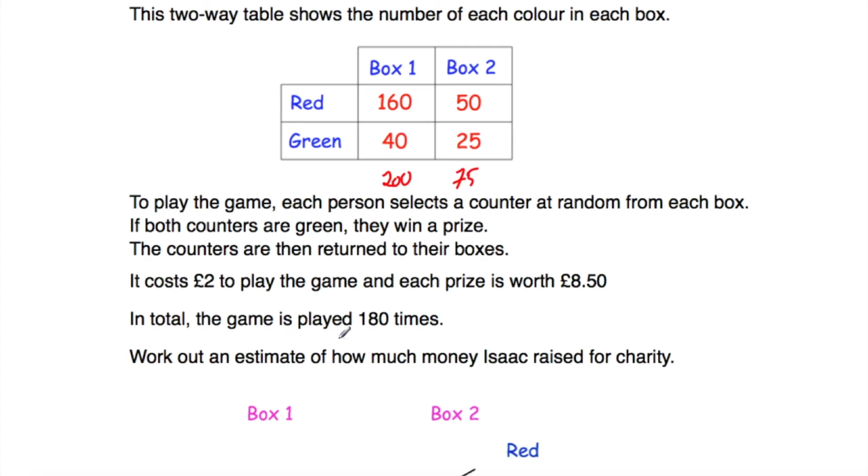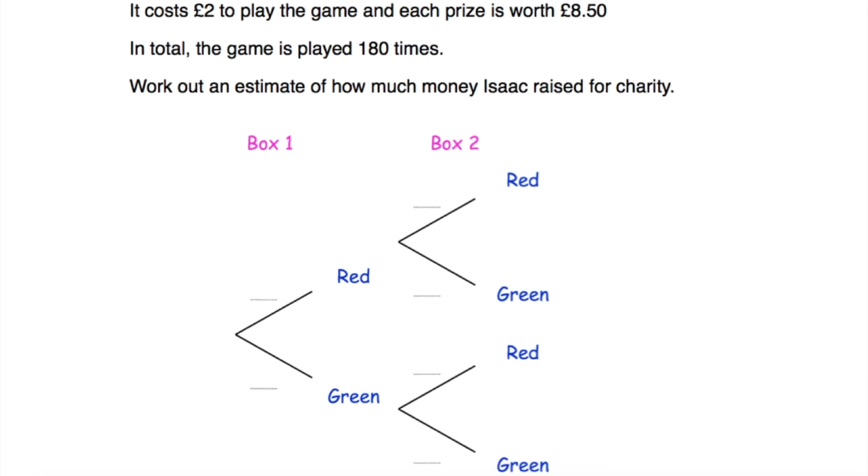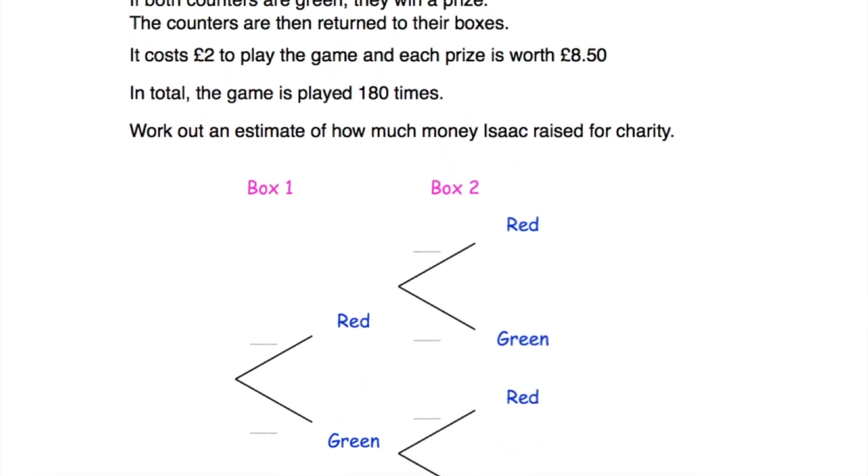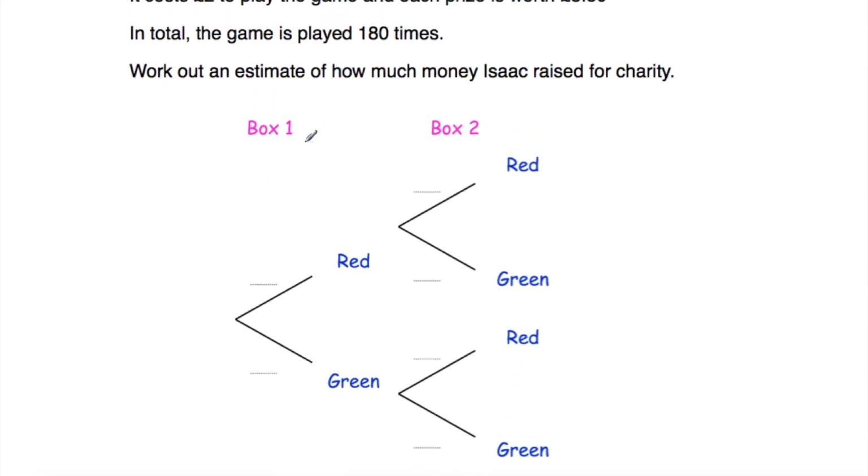We've been asked to work out an estimate for how much money Isaac should raise for charity. Okay, so let's have a look. We've got a tree diagram here, and let's write down the probability. So let's fill in the probability of, in terms of box 1, the counter being red and the counter being